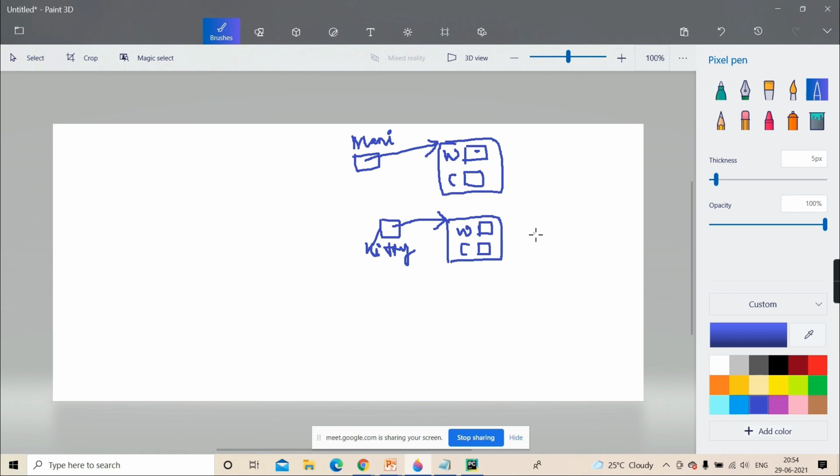Because it belongs to a particular object. Every object has its own copy, weight and color, weight and color.